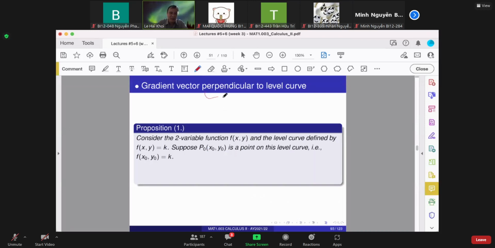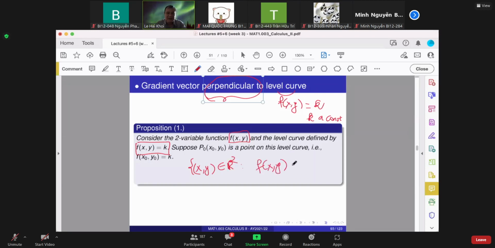You see, I use also the word perpendicular. Gradient vector is perpendicular to the level curve. Talking about level curve, we understand that we talk about the level set for 2 variables, f(x, y) = k, where k is a constant. So here, a function of 2 variables on x, y satisfies this condition. We call the level curve, right? On x, y from R2 satisfying the condition f(x, y) is the same constant k